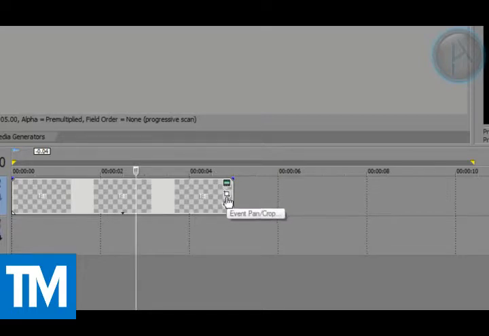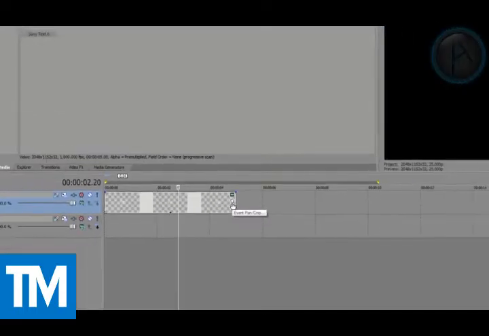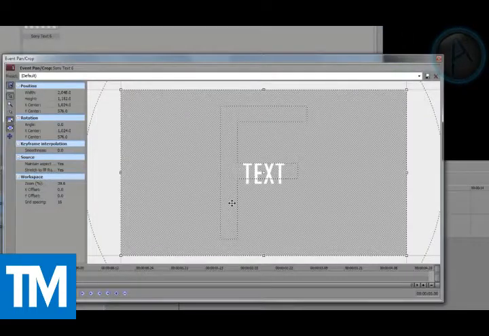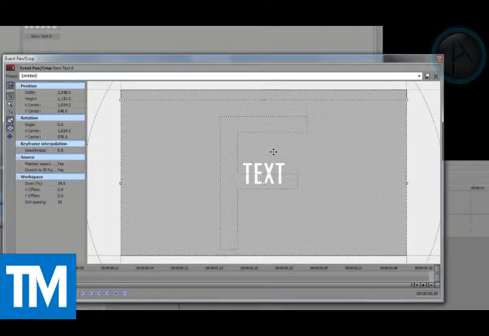and then I'm going to click this event pan/crop button, and I'm going to click on this box with the F in it and hold shift and press my arrow key down, and this will move my text up in the frame. And then I'm going to click on this F box again and hold shift and press my right arrow key,